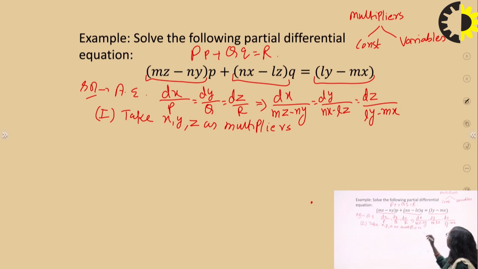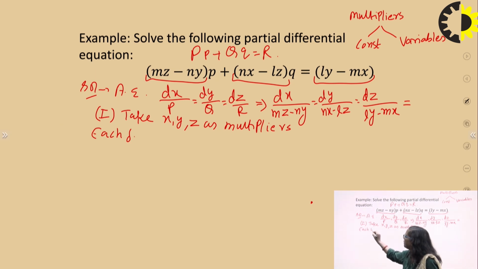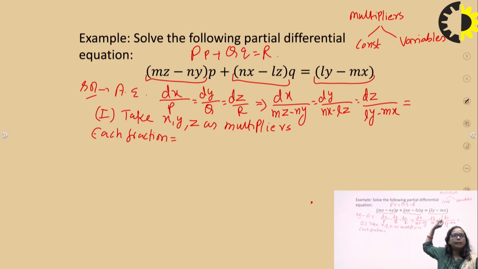So what is the result of the multipliers? The result of the multipliers is equal to all these three fractions. So in place of writing each and every fraction again, we write like this: each fraction in this auxiliary equation, which are already equated, is further equal to the result of the multipliers. Look at how the multipliers work. The first fraction, numerator and denominator, is to be multiplied by the first multiplier, which is x. So I am first writing the numerator part, x dx.